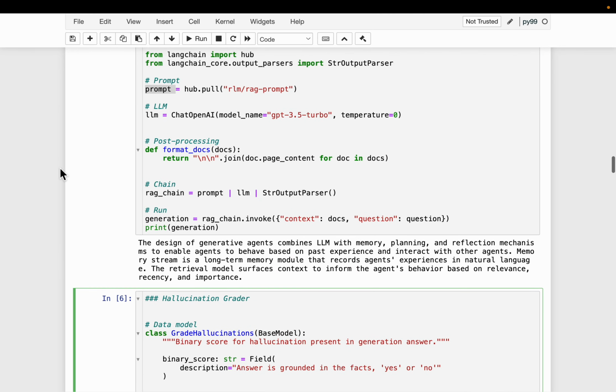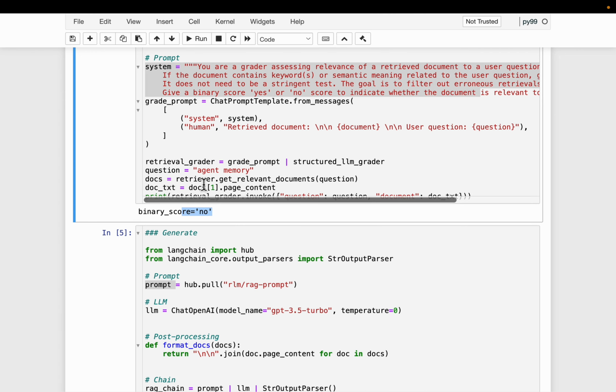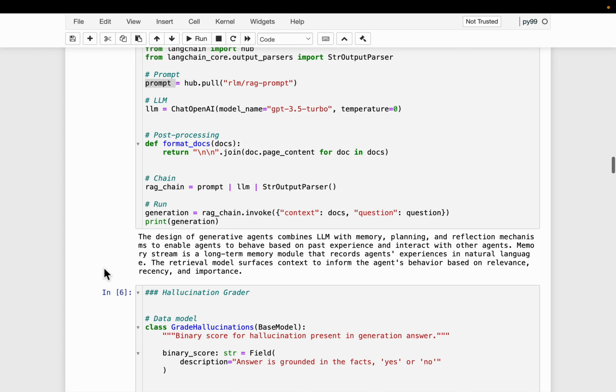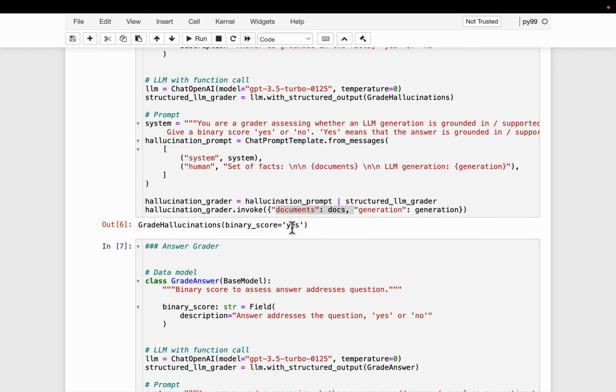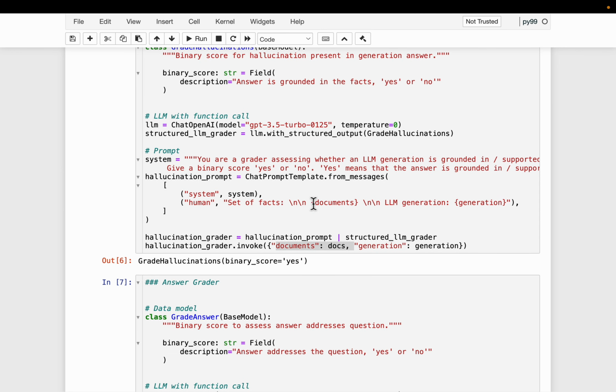Previously we had a question which is simply agent memory, and we had the retrieved documents, and the grader already said it is not relevant, but we are still going ahead and providing these documents to see how the output looks. Now remember, here we are not grading if the generated answer is actually answering the user question. We are only checking if the generated answer is actually based on the provided context.